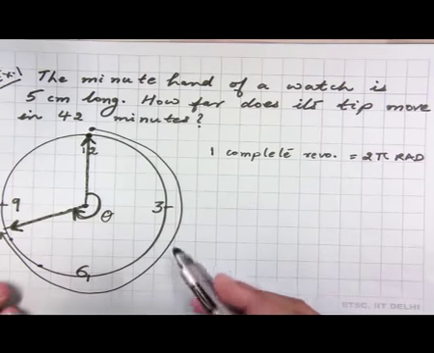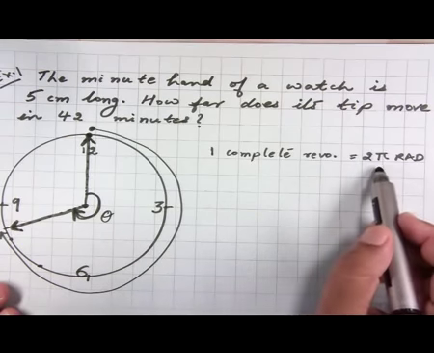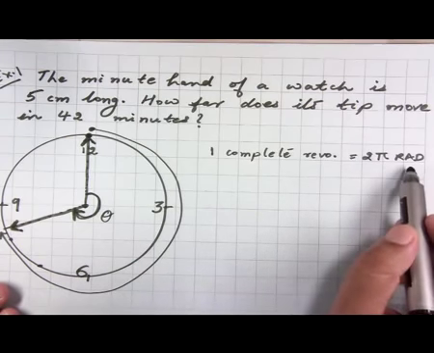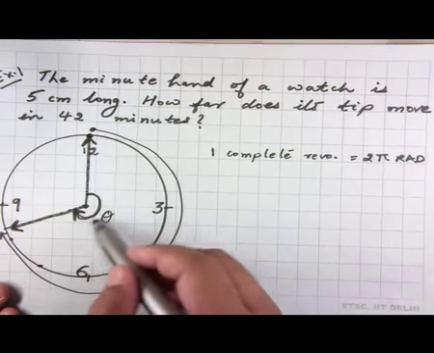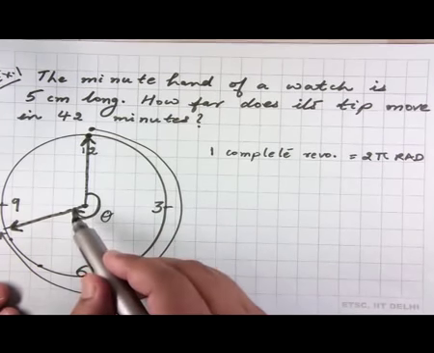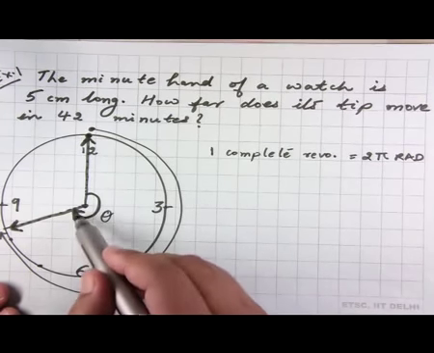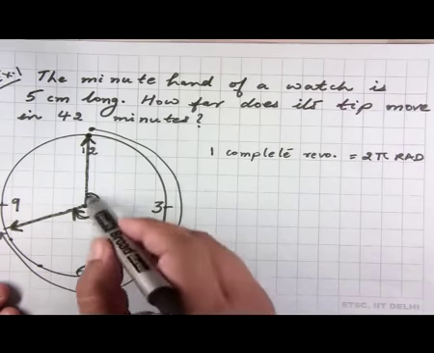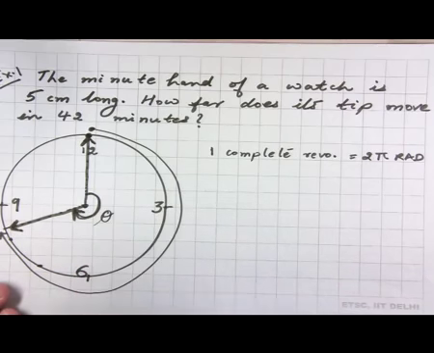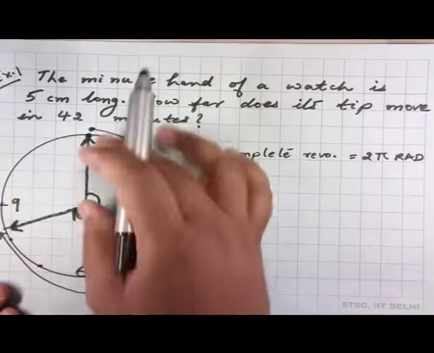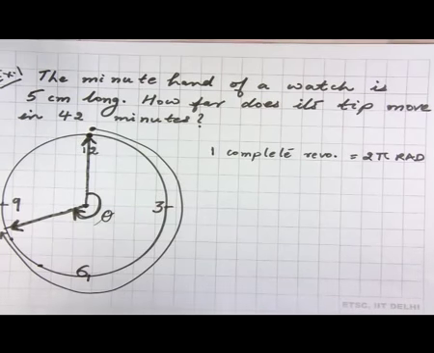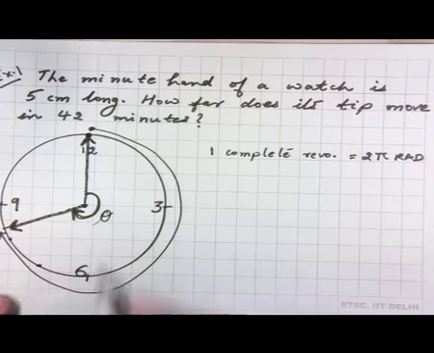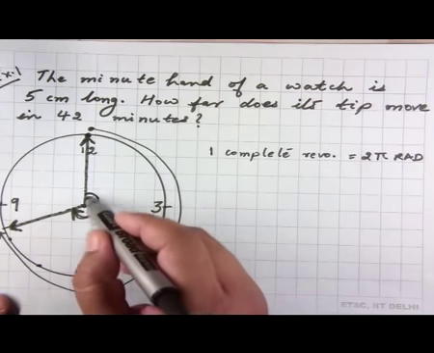Now, we know that one complete revolution is equal to 2 pi radians, but this is not one complete revolution, right. In this case one complete revolution of the minute hand of the watch is going to be 1 hour, which is actually equal to 60 minutes,